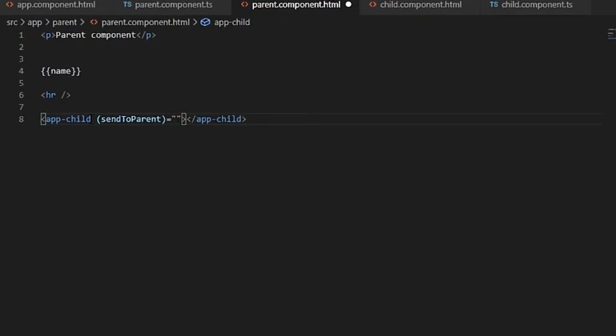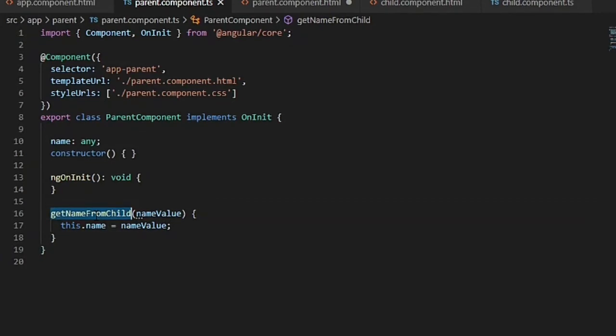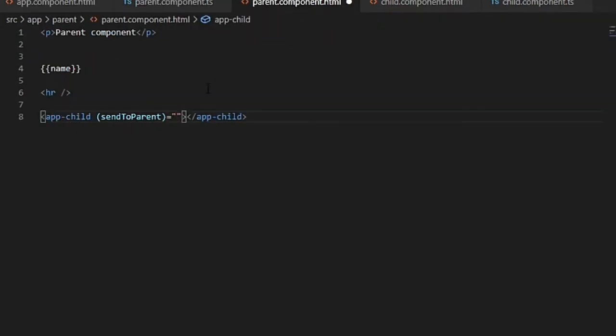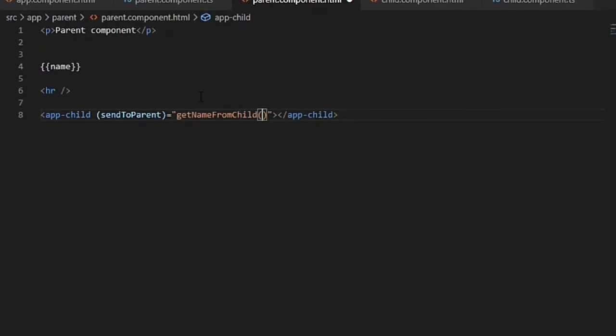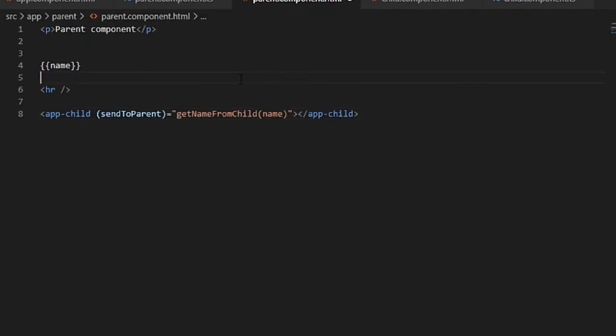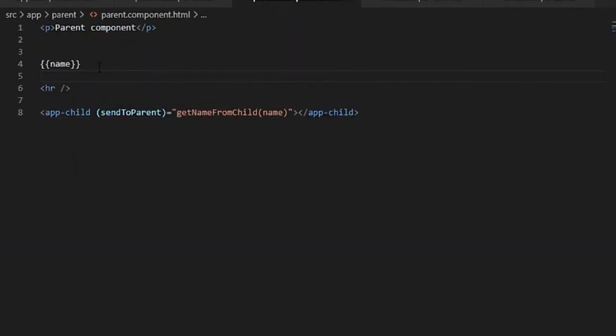And to get the name value in the parent component, we have already created a method, getNameFromChild, and we call this function here with the event emitter, passing name here. We have also printed name here.